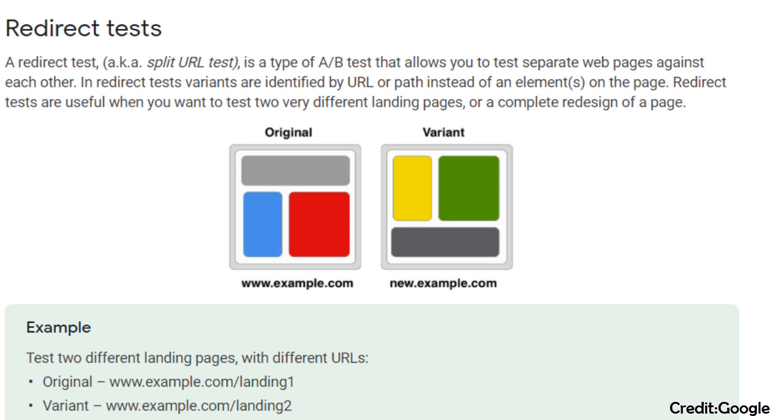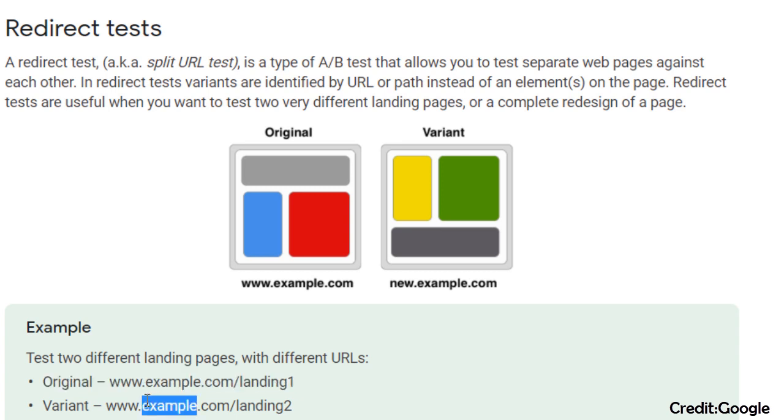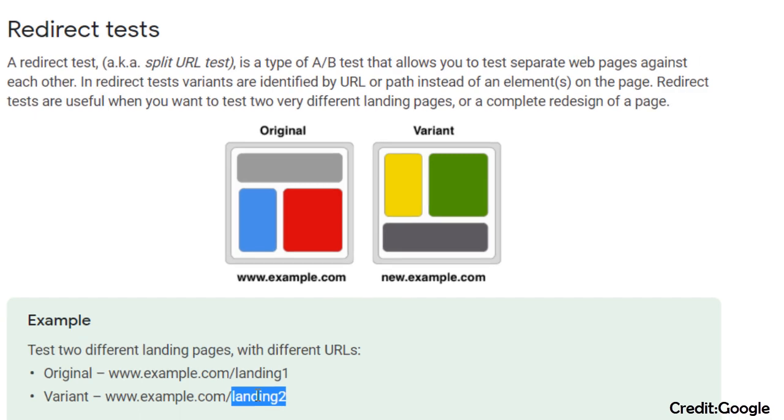So for example, what I usually do, I take a product page from my Shopify or WooCommerce store, I duplicate it, I call the new page, as you can see here, they give an example, www.example.com landing 1, and I call the new product page landing 2, and then I send 50% of the traffic to the new product page. I'm also going to get data from Google Analytics and Google Optimize regarding which page performed better in regards to my KPIs, AOV, which page had better conversion rates to add to cart, better conversion rates to sale, etc.